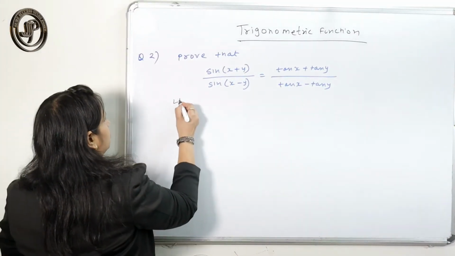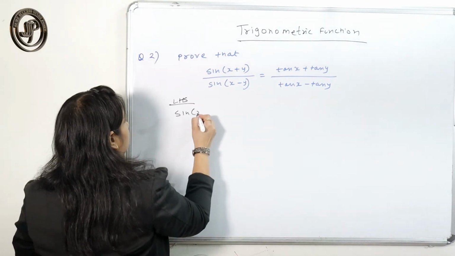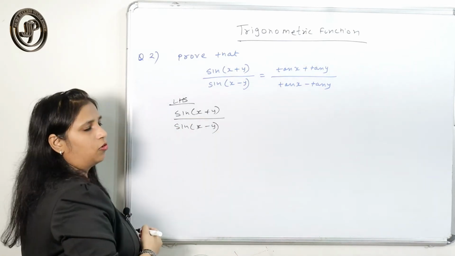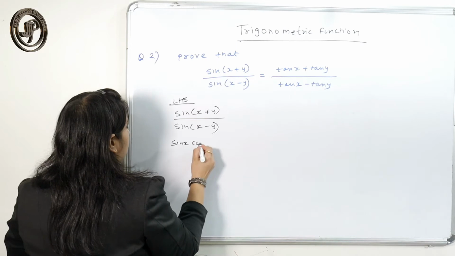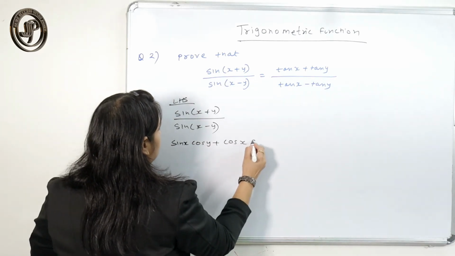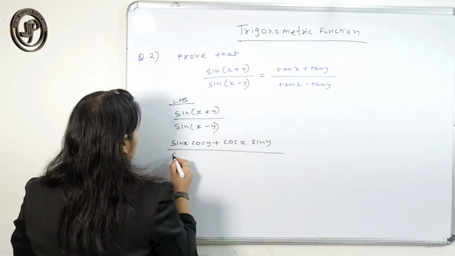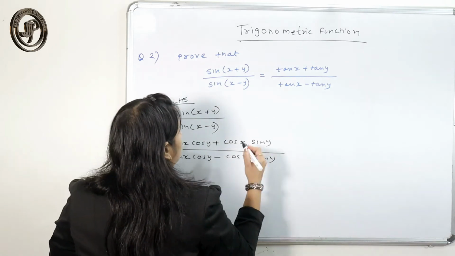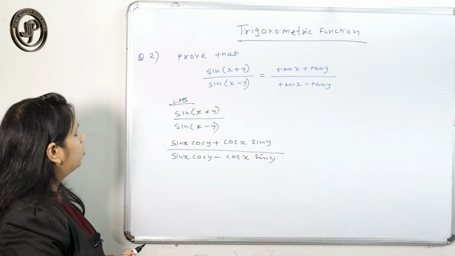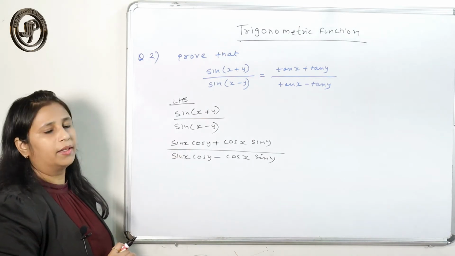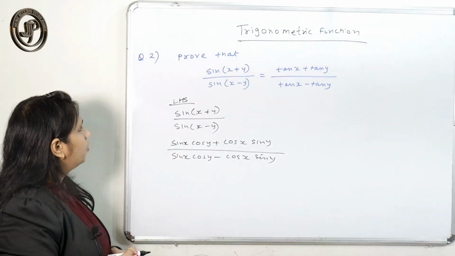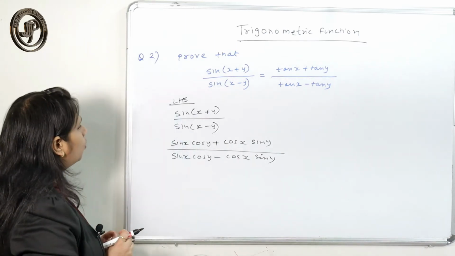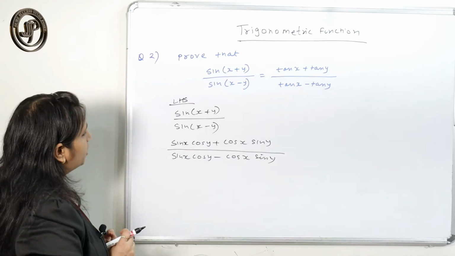So here is a question. We have to prove this. So we take the LHS. Now we can apply the sum and difference formula here. Sin x plus y can be written as sin x cos y plus cos x sin y, and sin x minus y can be written as sin x cos y minus cos x sin y. Here you need tan x, so if you divide the whole thing by cos x cos y,